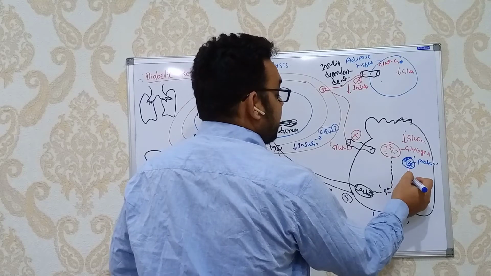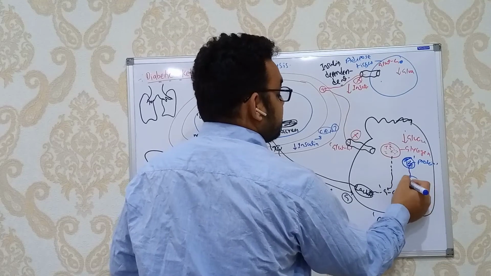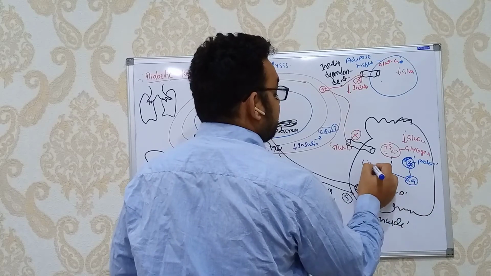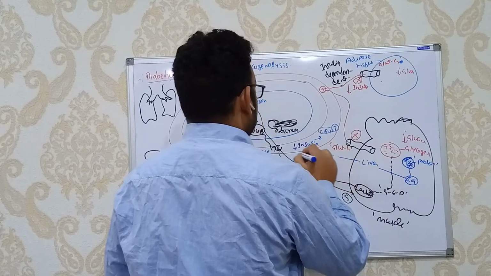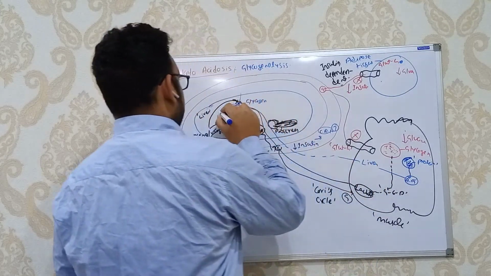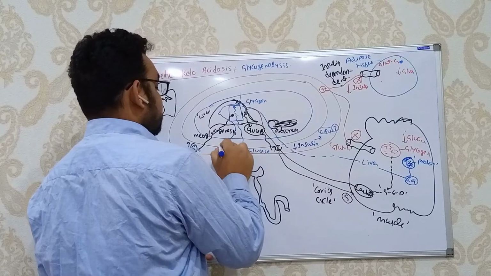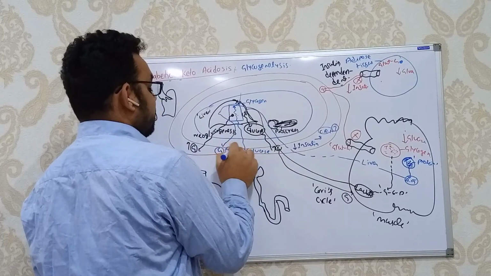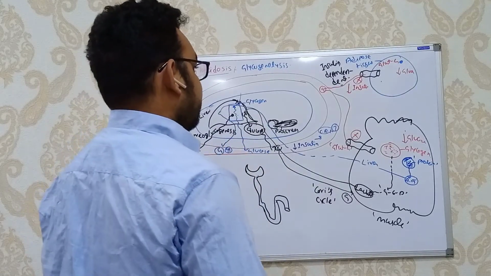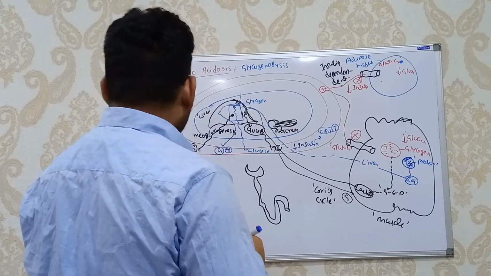So this protein will get broken down into amino acids, and these amino acids will be taken by the liver. Again it will go to the liver, and after going there it will again produce glucose. As a result, we will see production of more glucose within the blood, a hyperglycemic state. Okay. Now, what type of problem will we see